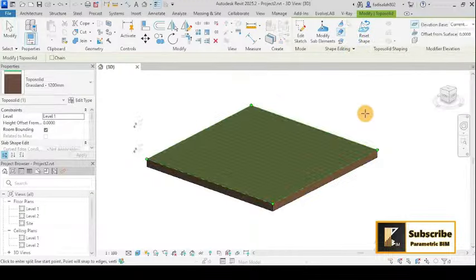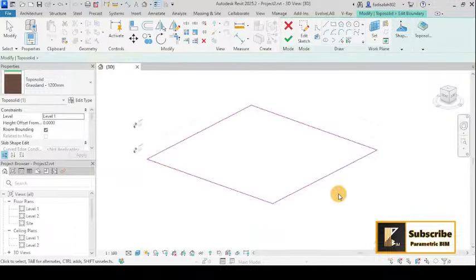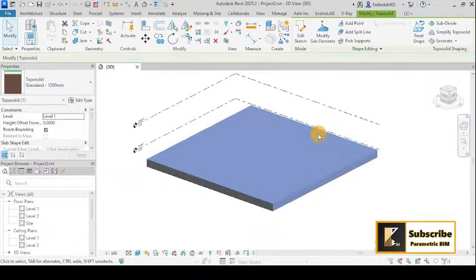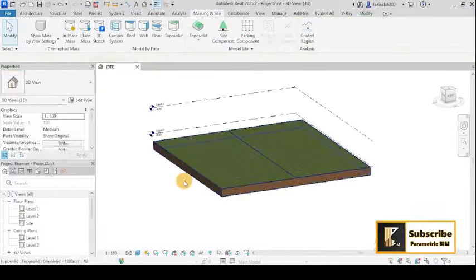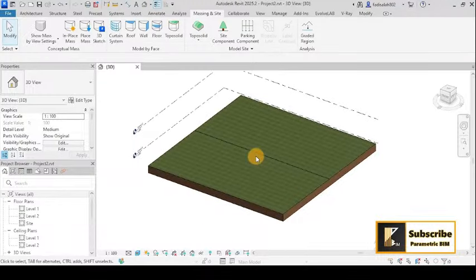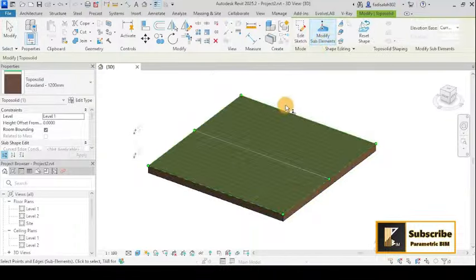Once I click on Split, as you can see, I can now draw from any point I want. If I come here to the middle and to the opposite middle, you can see that the Toposolid will be divided by 2. If I return back now and modify the sub element,